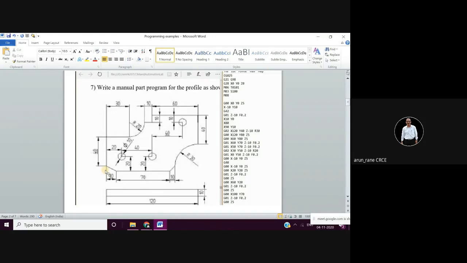So you show your program zero point, X0, Y0 here, show Z0 here at this point, and then prepare a table. Now here you will need two tools. One tool you can use is a diameter 20 or diameter 30 end mill, and second you can use a drill, drill dia 10. So the table has to be prepared. Remember, if you don't write it in the comment, then the examiner doesn't understand what your tool number one is.